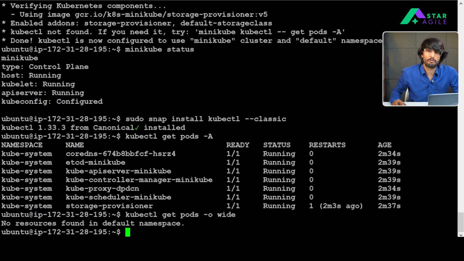Of course, we haven't yet created any pods, so that is the reason it says there are no such things right now. Alright people, no issues, no worries. We will try to understand how to write a manifest file, then we'll come back and create pods, and from there we will continue forward.